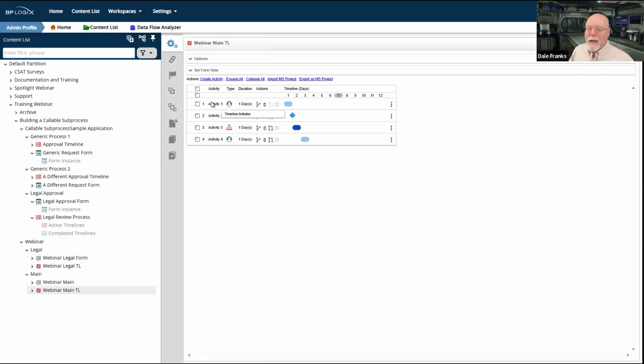So what should happen is I have my activity 1. That's my initial approval activity. Basically, it's there just so that we can see that the form was submitted and what have you. Then we'll add the second form instance for the legal form to this timeline. We'll kick off the legal activity. While it's running, this process timeline instance will remain on hold because we are running it synchronously. And when it finishes, we'll come back to activity 4.